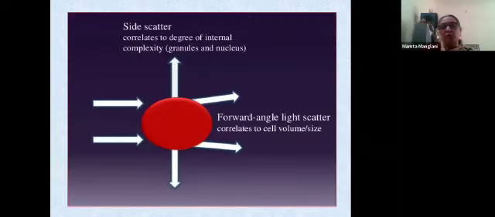Now, there is a forward and a side scatter. What is the function of the forward scatter? It correlates to cell volume and size. So how big is the size, what is the volume? And the side scatter looks at the degree of internal complexity of the cells, that is the granules and nucleus, what kind they are. So that is how you can now get differential counts. You can get nucleated RBCs, reticulocytes, retic content of hemoglobin, and many other complicated things can now be made out through a counter.